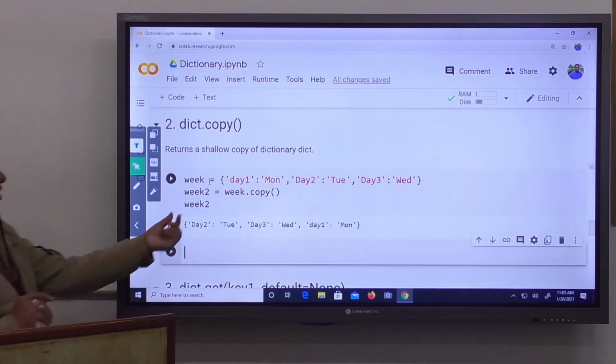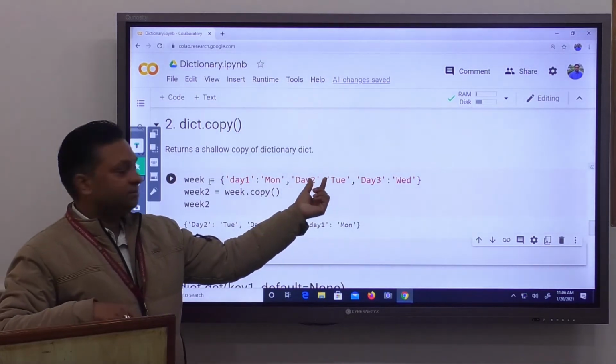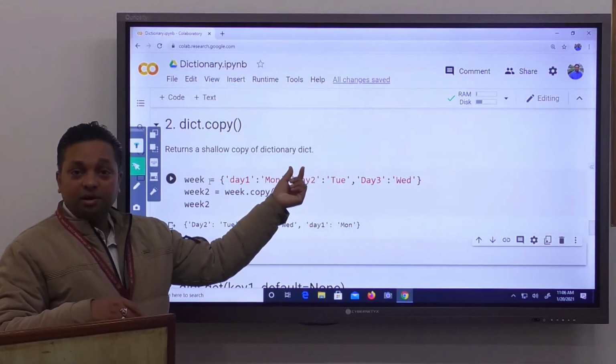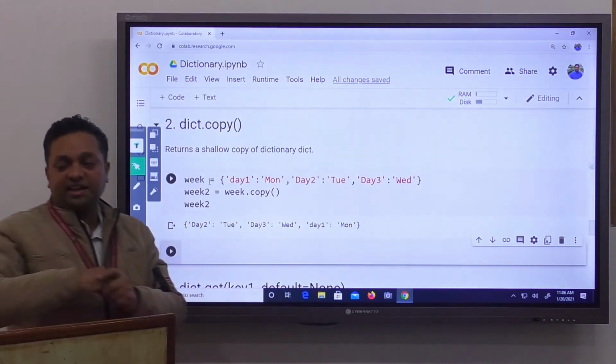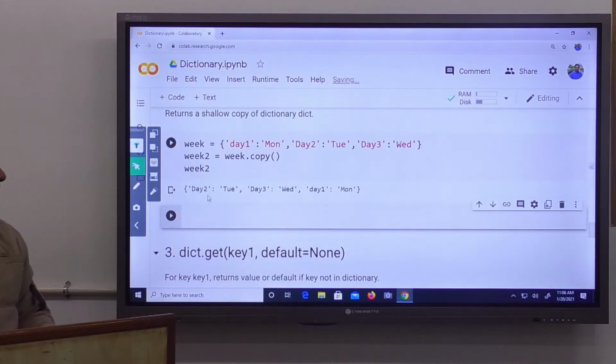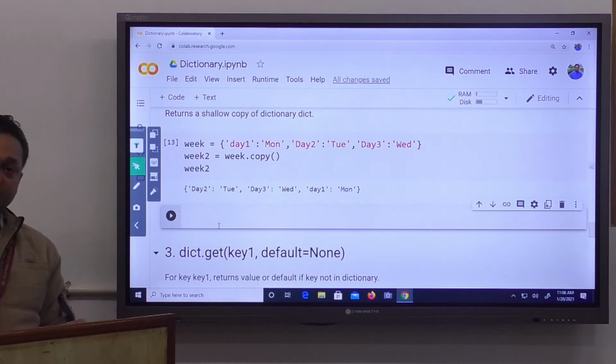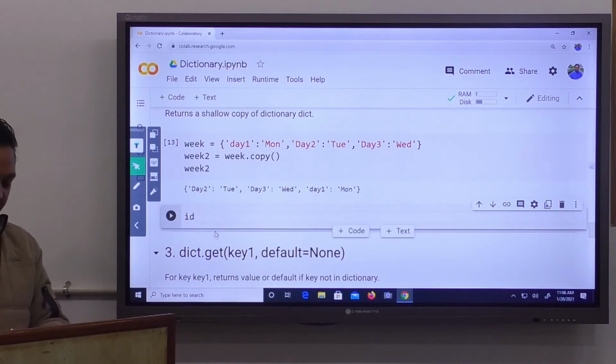Week 2 also has the same values as week, but both memory locations are different. If you check the ID of both objects, week and week 2, both IDs will be different.